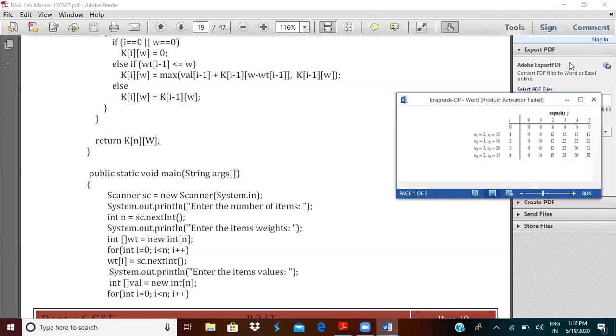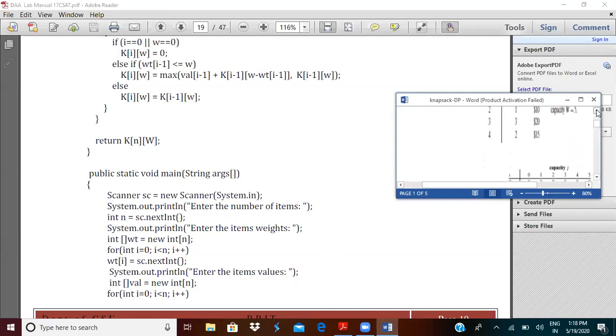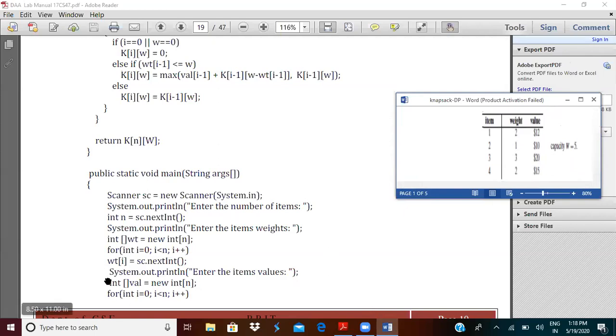Now, if we take an example while explaining this program, it says enter the number of items. How many items am I taking? I'm just taking this example to explain the program. I'll take 4, so n is equal to 4. I will accept it through the statement int n = sc.nextInt(). So n is equal to 4. Since there are 4 items here, 4 would come and sit inside n.